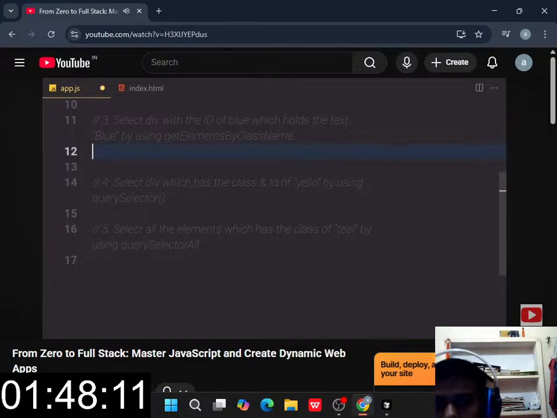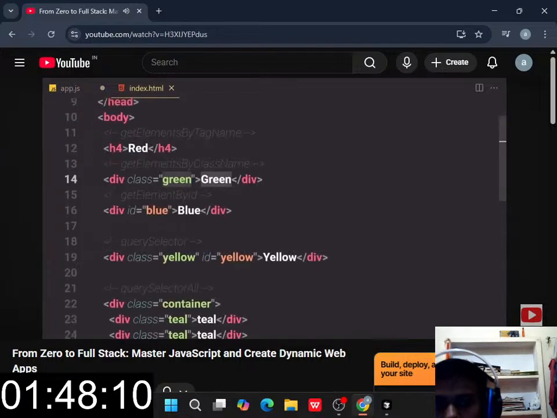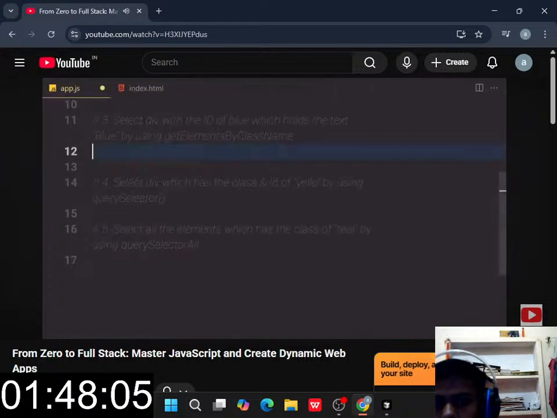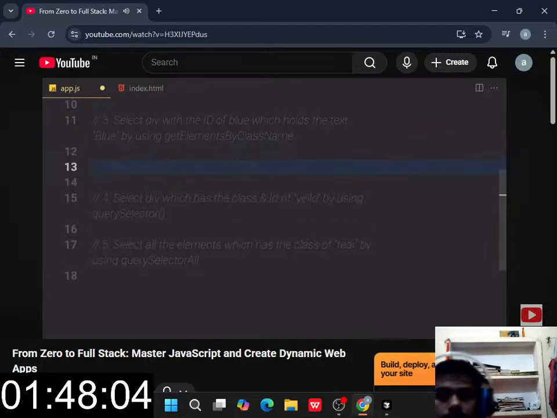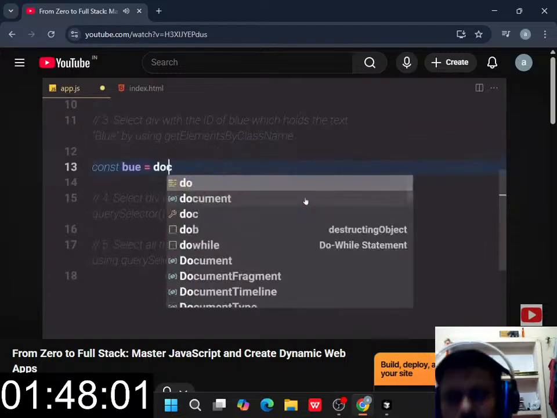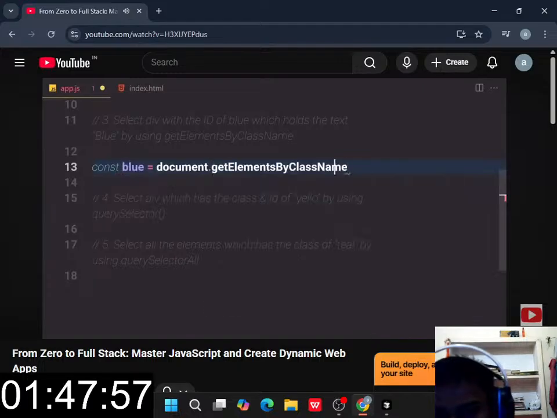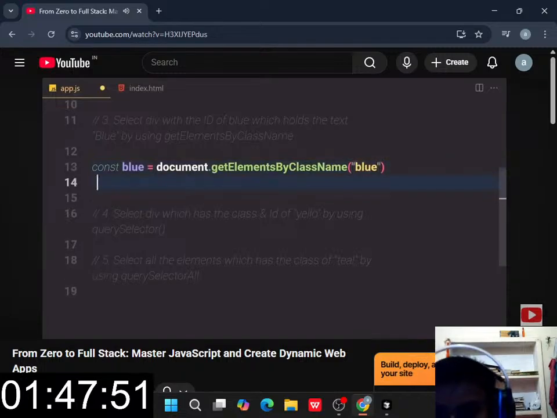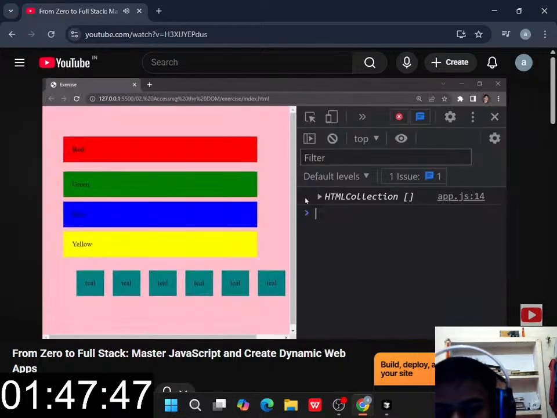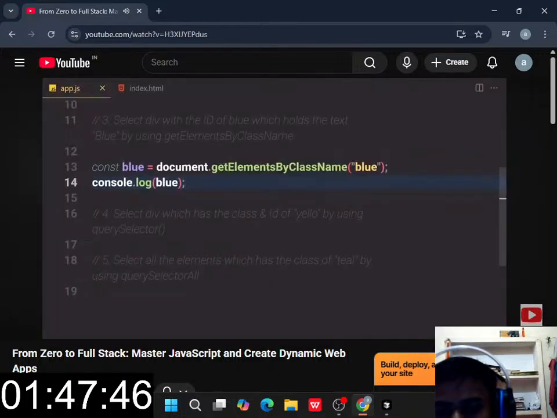Yeah, there we go. So let's see, we have a div with a class, not class but ID of blue, and the text is also blue. So we just have to write const blue, and it will now equal document dot get element by class name. I just copied that. I cheated a bit, you can also do cheating if you want to. And now let's log this blue to the console, and if you save that, okay, so the class of